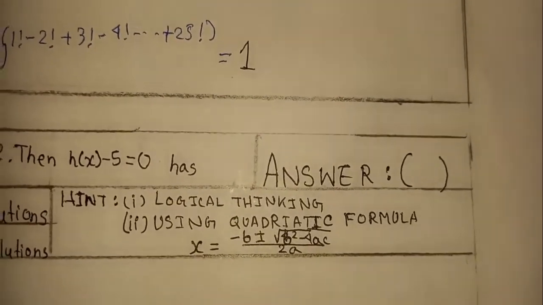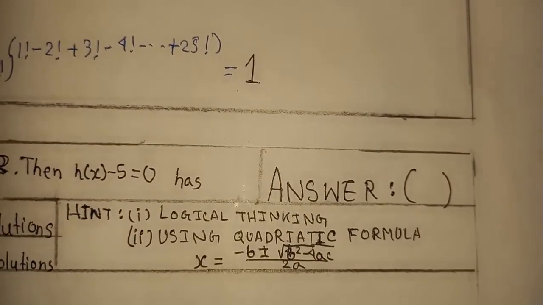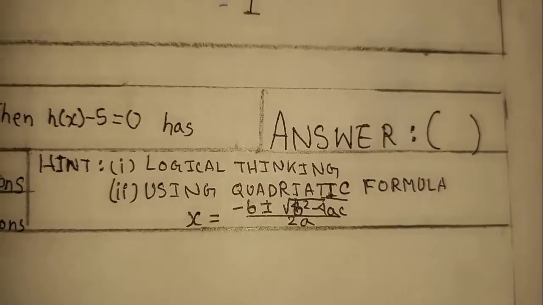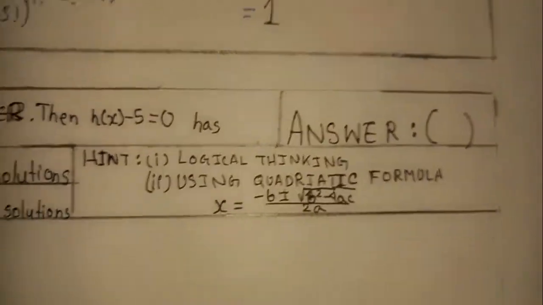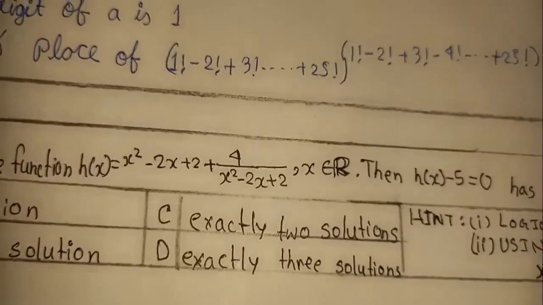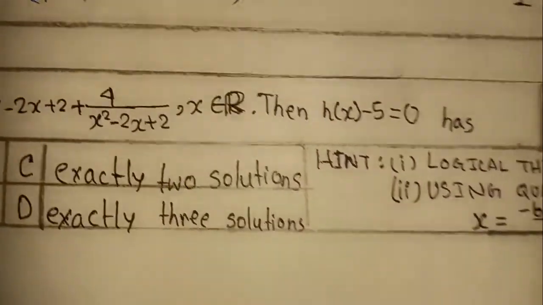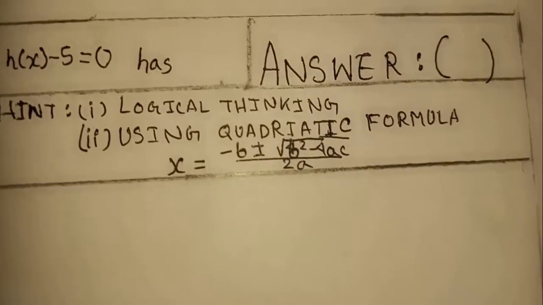Before we proceed to solve the sum, let us look at the two hints. The first hint says we have to use our logical thinking. That is, we have to assume something out of nothing and then arrive at the required solution. And the second